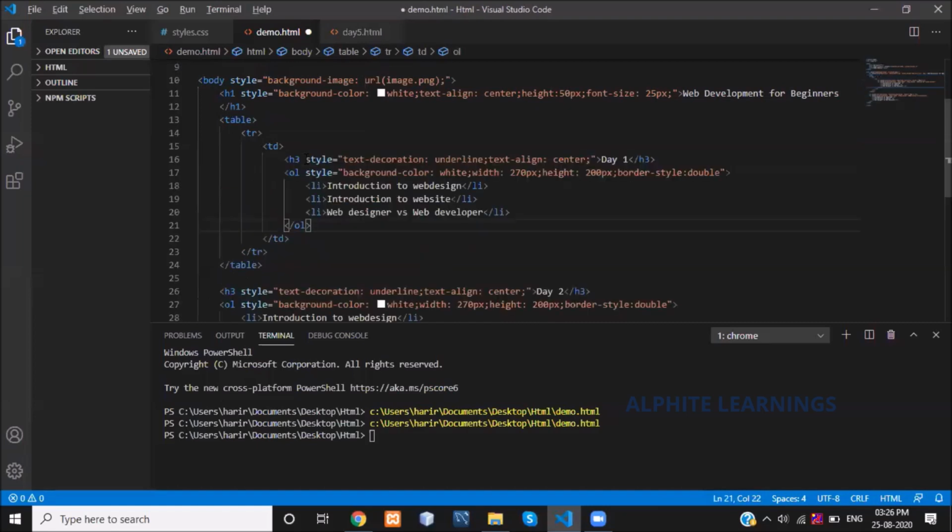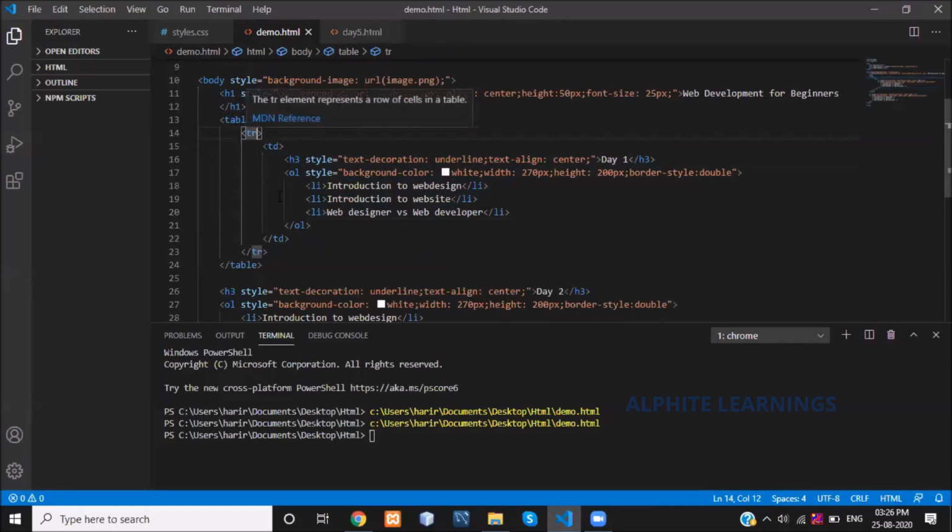See, I've created a table row, and for my row, the data will be this. For my table row, the data will be the H3 tag and the list.